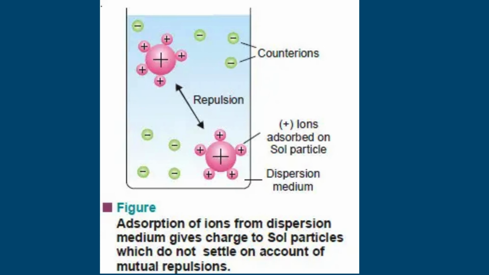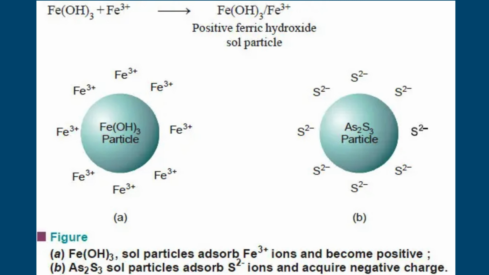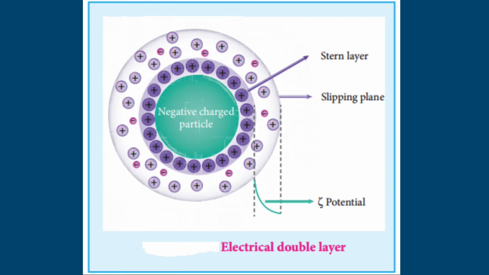For example, ferric hydroxide colloids usually acquire a positive charge through the adsorption of Fe3+ ions, whereas sulfide sols often become negatively charged due to the adsorption of sulfide ions. The distribution of ions surrounding a charged colloidal particle forms an electrical double layer. According to the Stern model, this structure consists of a compact inner layer of adsorbed ions and an outer diffuse